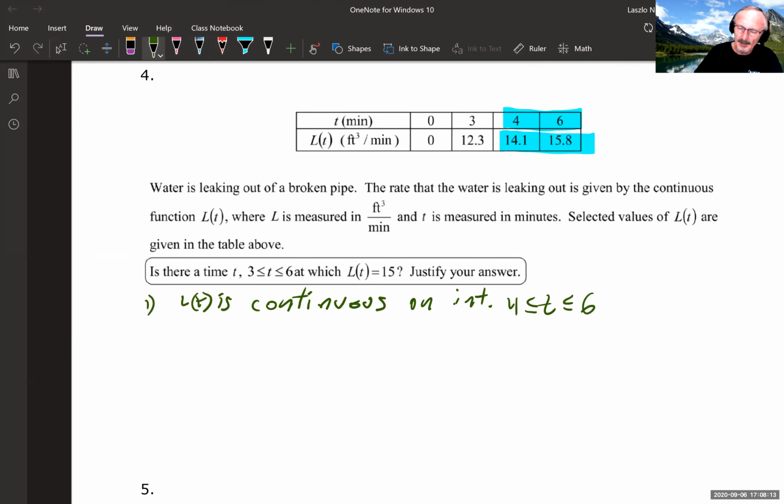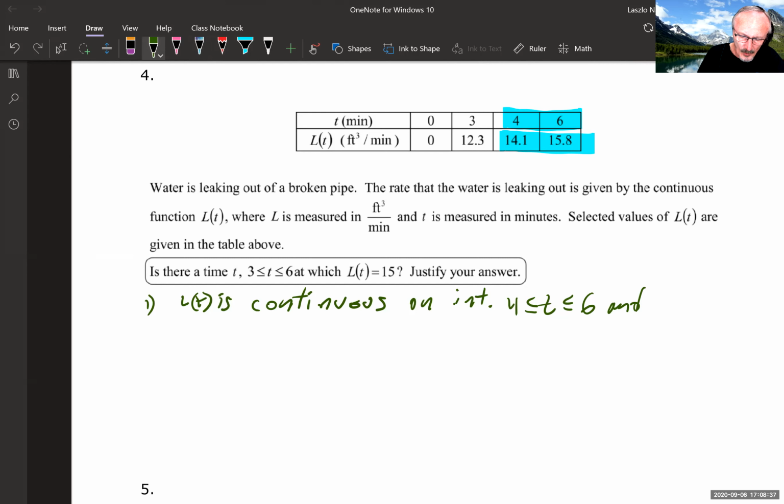Again, I could have expanded that to 0 and 6, but later on we'll need to focus in on the more narrow interval in any case to get the correct answer, so might as well do it from the beginning. So L of t is continuous on the closed interval 4 to 6,